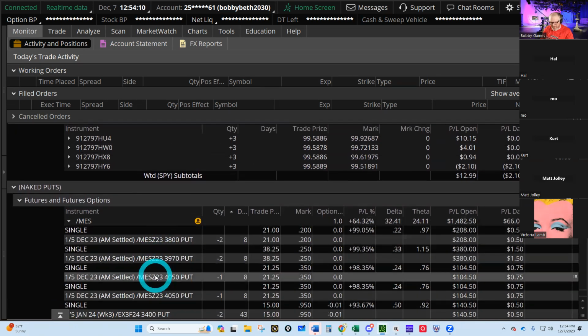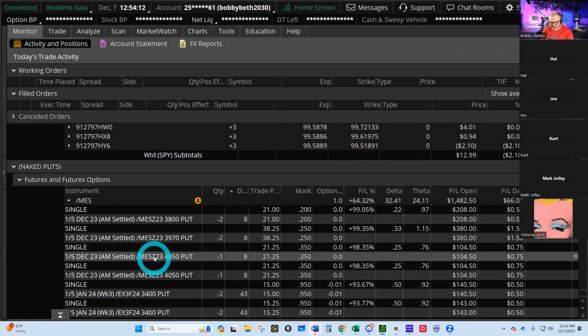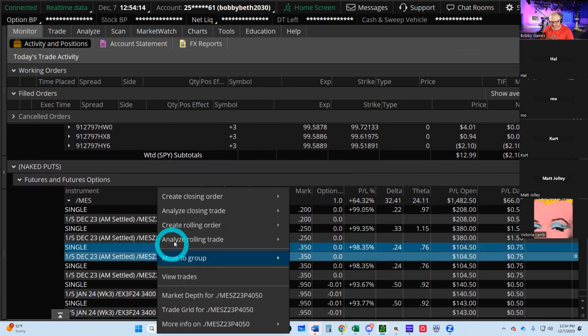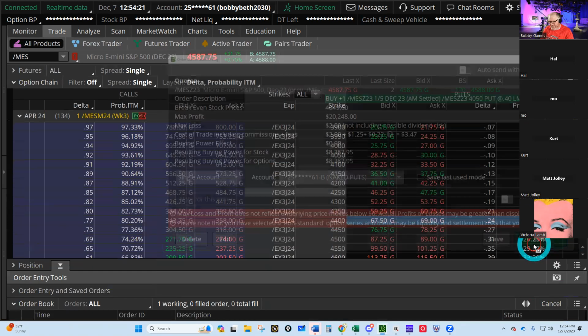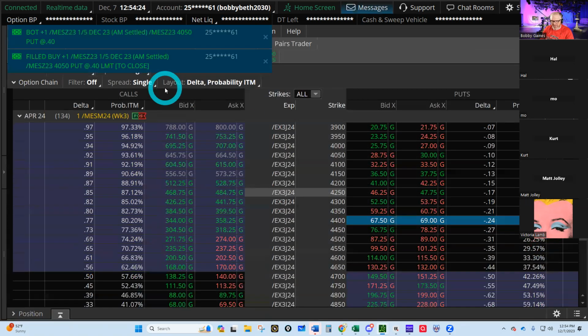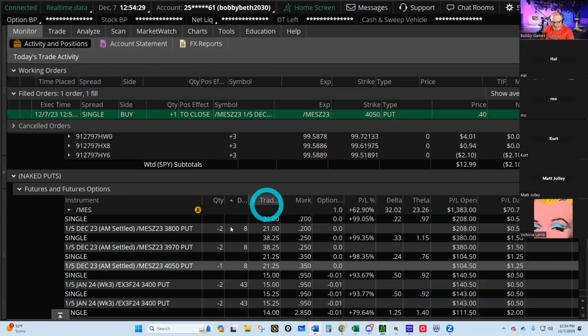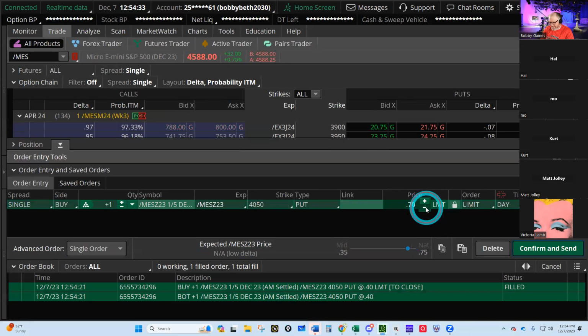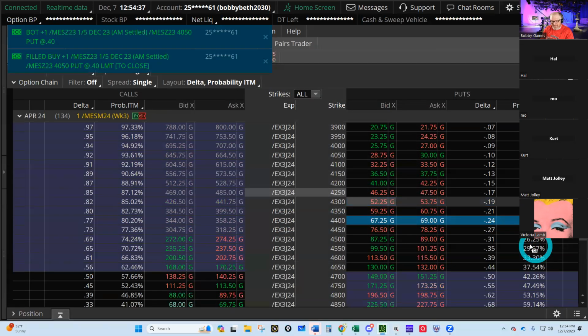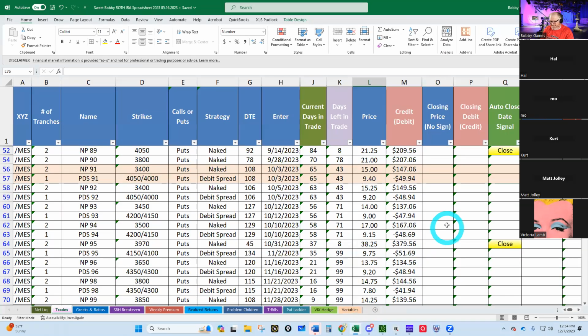So we got those 40/50s. I got 2 of them listed separately. Look at that. Create closing order. Try 40 cents. Okay, should have tried 35. Dang it. Let's close that other one for 40. Boom, we're out of those. So let's go put that in here. We got out of the 40/50s for 40 cents